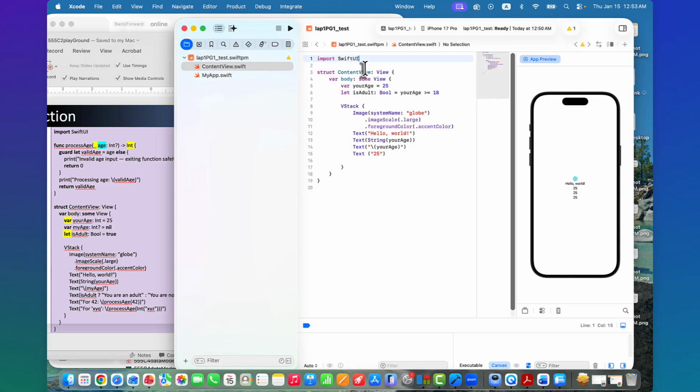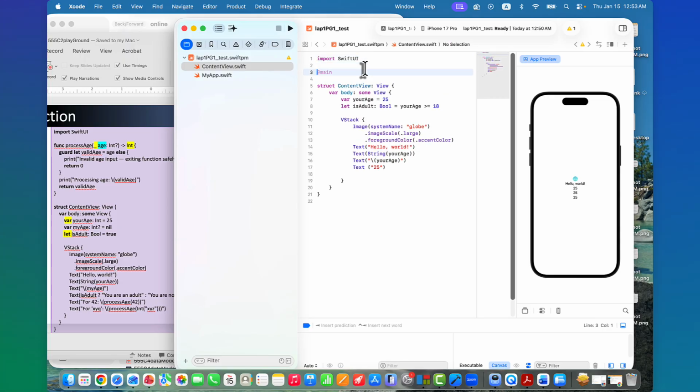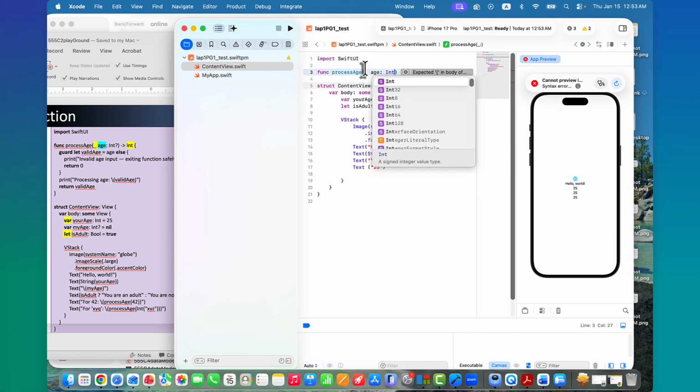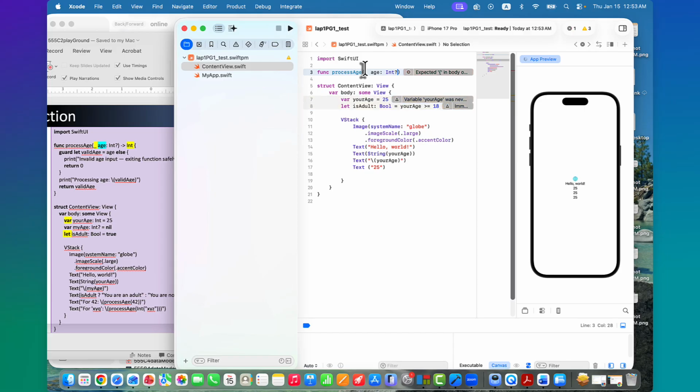And now I want to define a function. If we want to define a function, then we need func, and then we can say processAge, and then underscore age, and they are integer, optional. I will explain later what that optional is.